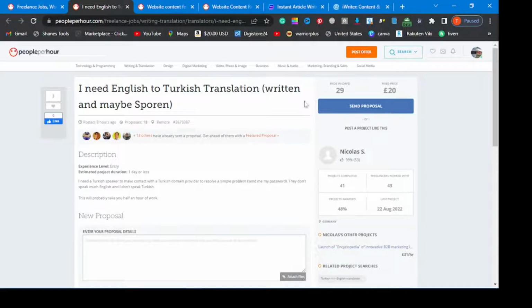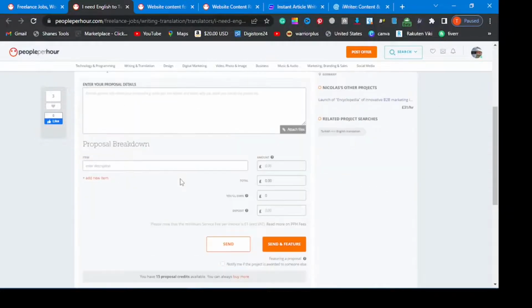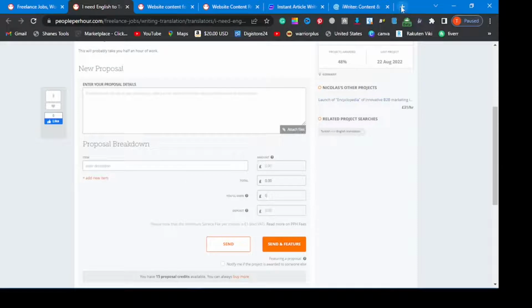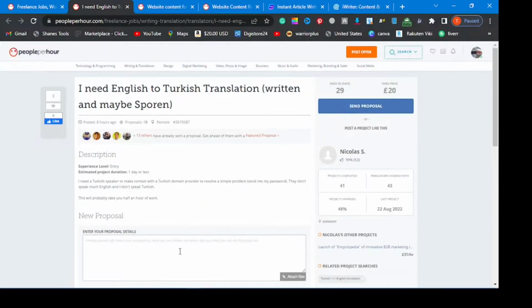to Turkish translation. What you just basically need to do, this one is very, very simple. This person is going to pay you £20, right? What you just need to do, you can just go to Google Translator, just send a proposal to this one, so this person right here, just type in my name is so and so, or whatever, just type in your information, send a proposal, right? So if that person gets you approved, then it's going to send you the content you need